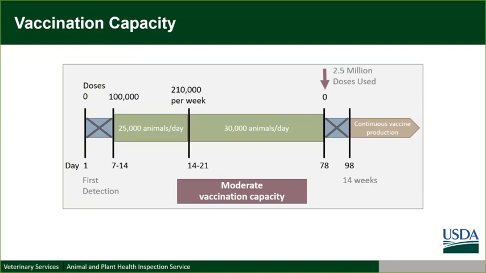Again, that's assuming that you're using all the doses you have available for that day and getting those doses into animals. I'll also note that this 14 weeks is really important, and where we focus a lot of our time from a modeling standpoint, because in most of the outbreaks that we run and evaluate, most of your infected premises that get detected occur within those first 14 weeks. This is why the FMD Vaccine Bank is so critical.